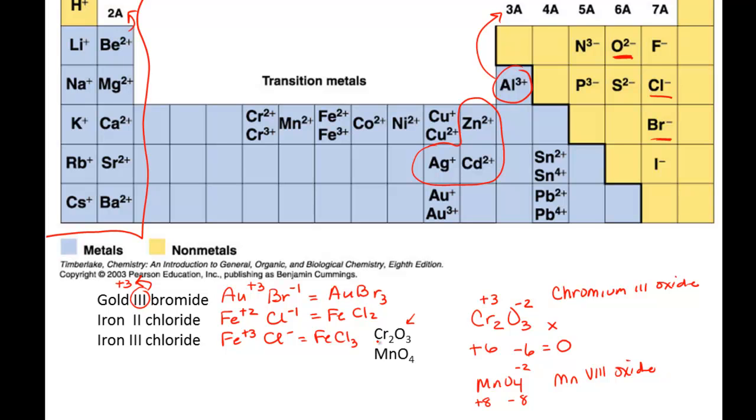And whether that one's right or not, I think actually this is probably the one that I wanted. And this would be manganese 4 oxide. So that's what you're going to do with the transition metals. They're going to work a little bit differently, and the little bit differently part will be when you name them, you need to use